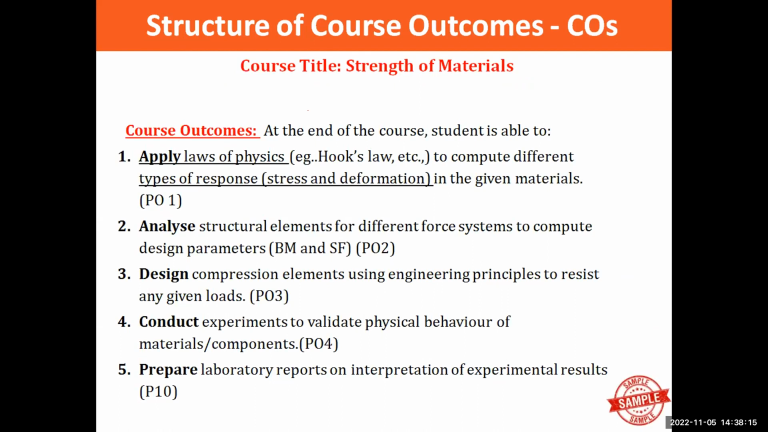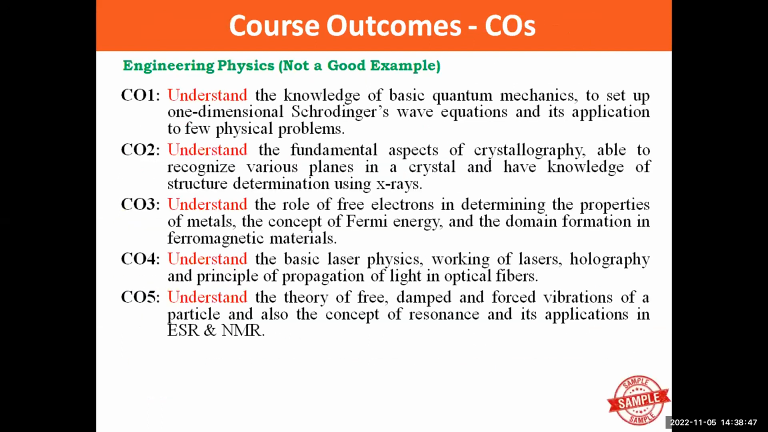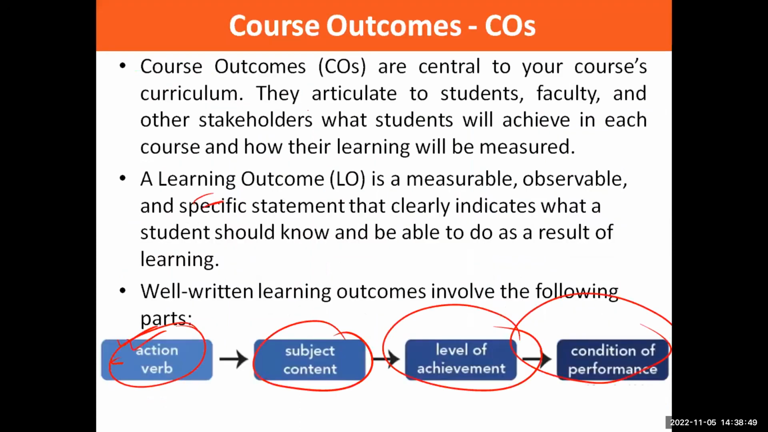Another sample on the screen: you can see one course titled Strength of Materials, with apply, then analyze, then design, then conduct, then prepare. So these are the various course outcomes, 1, 2, 3, 4, 5. So we can say it's 5 COs. Then apply laws of physics. So law of physics is the part of subject content. Then to compute different types of response in given material. So in given material is a kind of condition. I'm just going back to the previous one: the condition of performance,